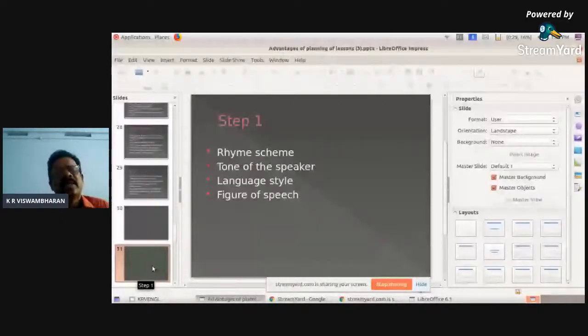Now let us analyze in a sequential order. Of course, there are some components, and when you are writing, first of all, go to the rhyme schemes or detail areas, because you might have got all the detailed classes. The rhyme scheme of the poem.